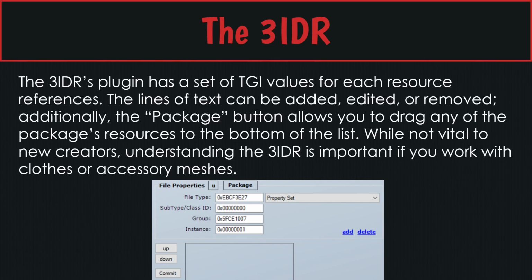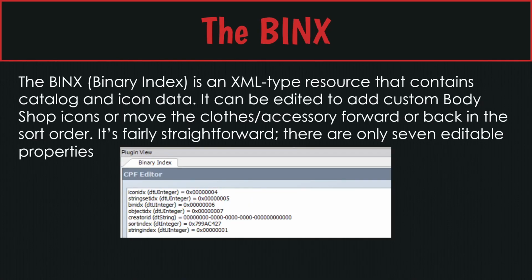If you're building meshes specifically, then it's good to familiarize yourself with the 3IDR, or skin overlays or accessories probably, but as a beginning creator, you probably don't need to know it. Then the BINX, or binary index. This is an XML type resource, so it looks a lot like the plugin for the MMAT or the plugin for the XMOL or the GZPS. It's kind of like that, but what's interesting about the BINX is that it has this sort index value, and that tells you where within the catalog you would find this object, where it's sorted in the Create a Sim